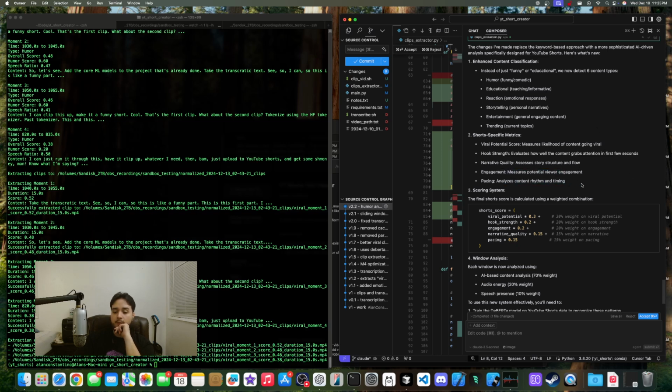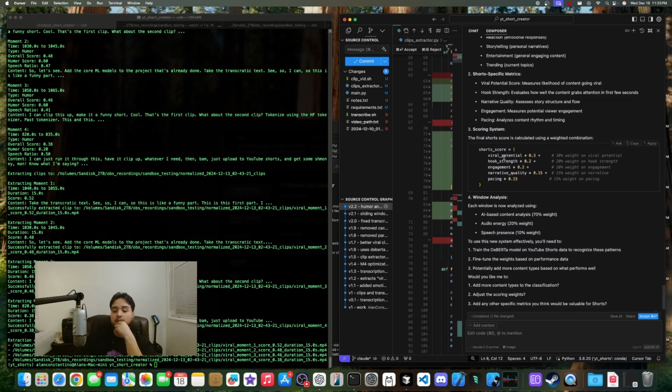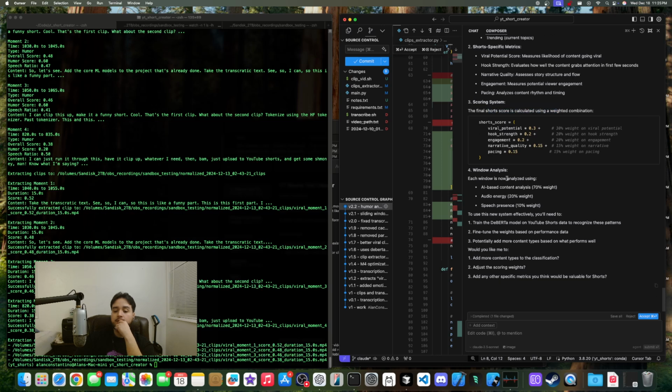Analyzes content rhythm and timing. Each window is now analyzed using AI, content analysis, audio energy, speech presence. To use this new system effectively, you'll need to train the DeBERTa model to recognize these patterns,